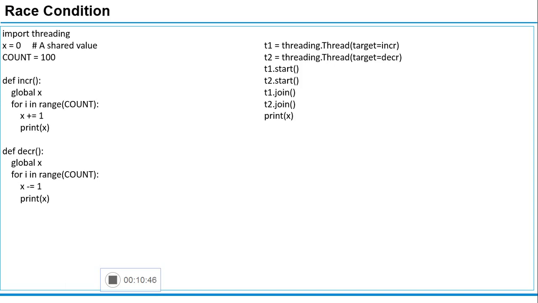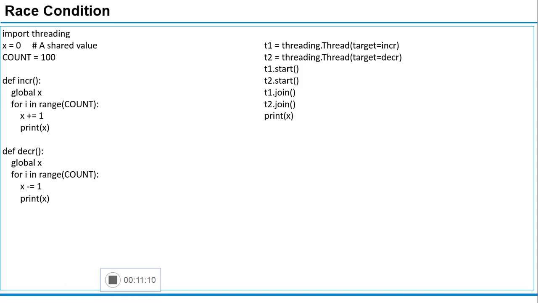To avoid that, we need to synchronize the activity so that while one process is accessing a resource, the other process is blocked. That is what we refer to as atomicity. If you want to update a value, you get the value, make changes to it and update the result, and this has to happen as a single process. During that time, other processes will not be allowed to access the resource.